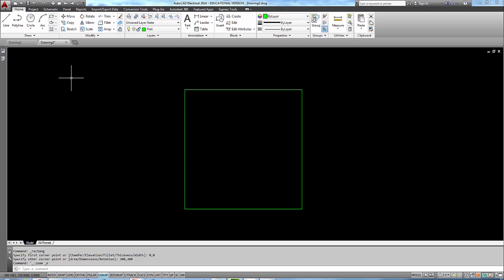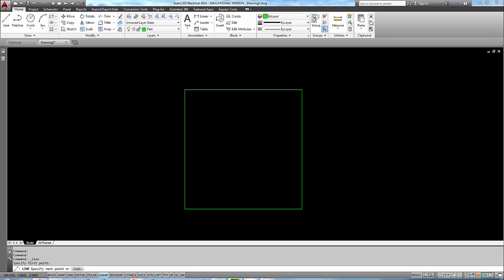So I'm going to do both just to demonstrate. So here's circle, center as 150, comma 150, and radius of 5 centimeters, which is 50 millimeters. So that's one way. The other way is I'm going to go back and make a line from this corner,